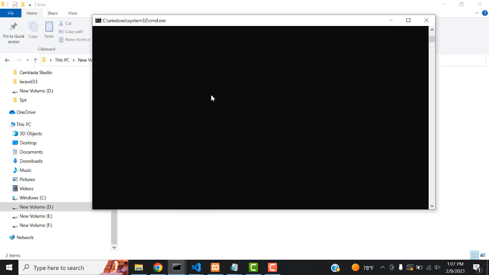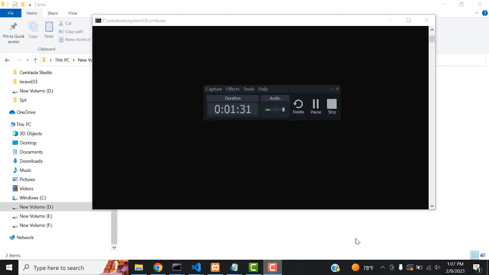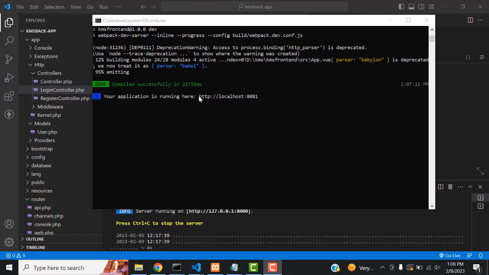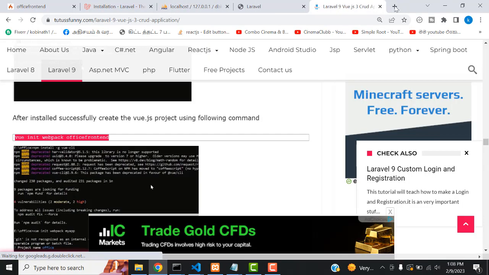I'm already running another Vue.js project, that's why the default port is not displayed. The default port should be 8080, but here it displays 8081 because I'm already running one project. So you have to wait until the port is configured. Now our front end is running on this port, 8081. I just copy it with Control C and go back to our browser